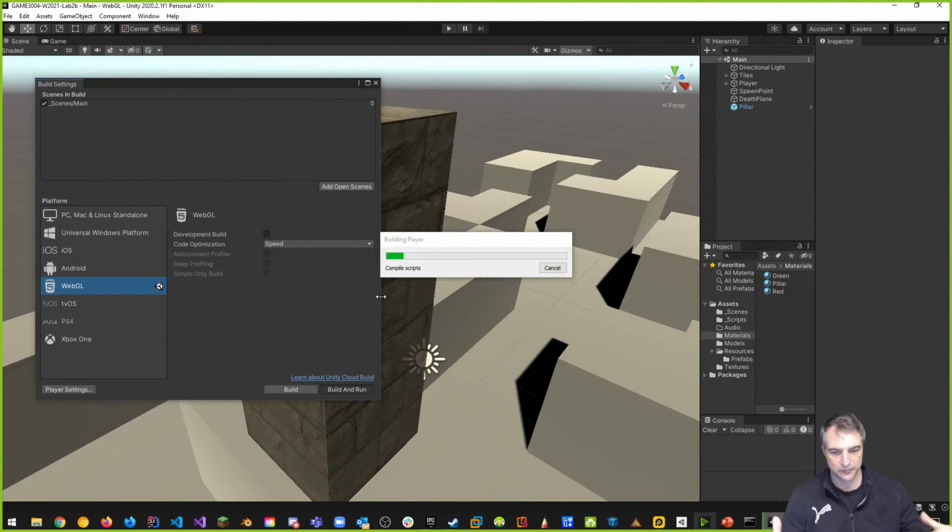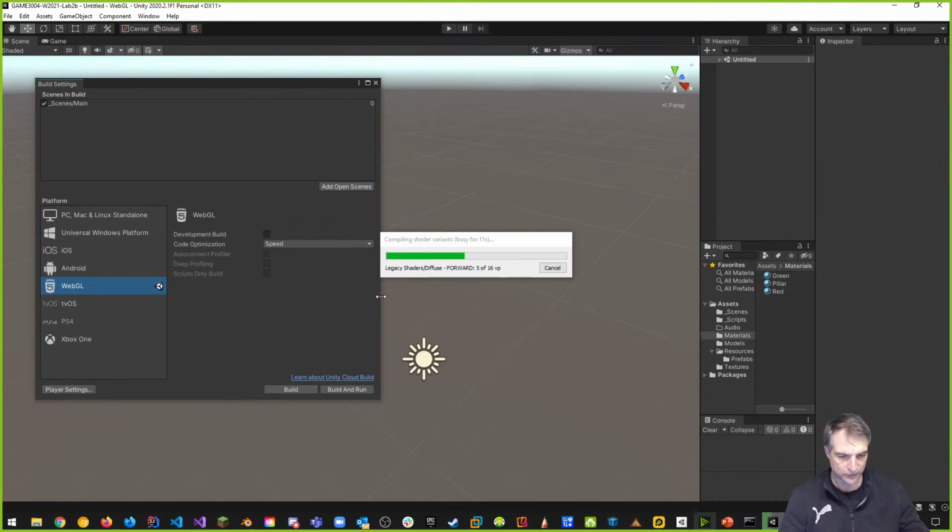So just like last time, let's wait as it converts everything to WebGL. And again, what it's going to do is use IL2CPP to take the C++ code that's been generated and the objects inside of our project and convert them into WebAssembly. There's going to be a data file that is runnable by JavaScript, right? That's what's going to happen. It's also going to create an index.html page that we can